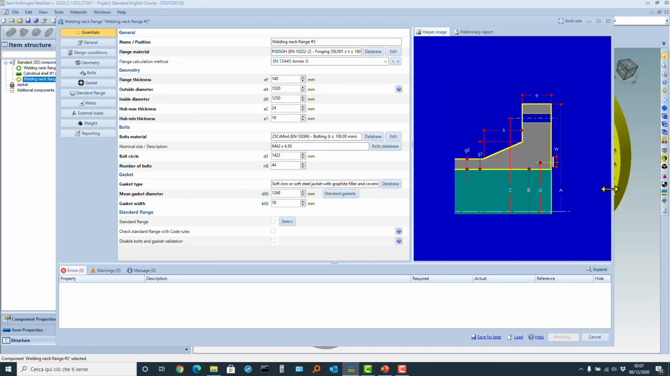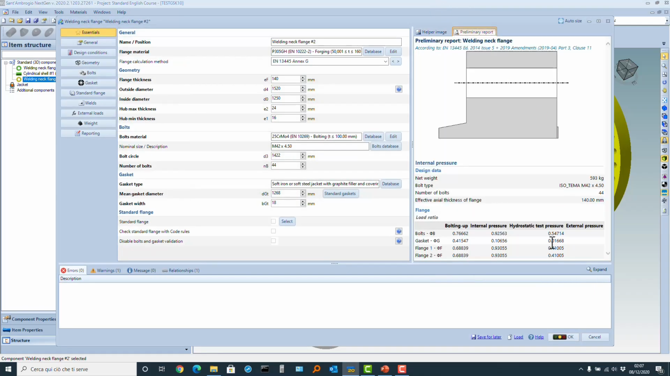Everything was already okay. In the preliminary report, I see 0.93. Note that there was a reduction of about 50 kilograms in the finished weight of the flange. Possibly the weight reduction for the starting ring was also something more. One could argue, okay,